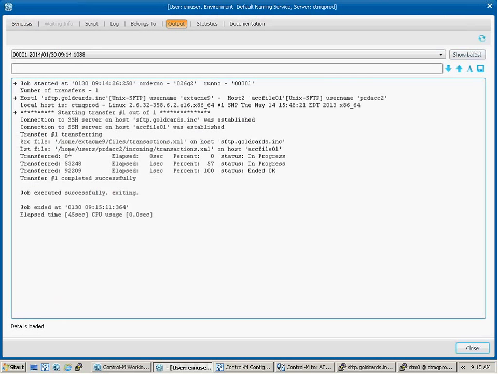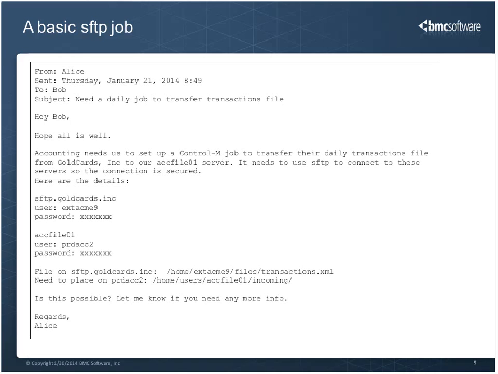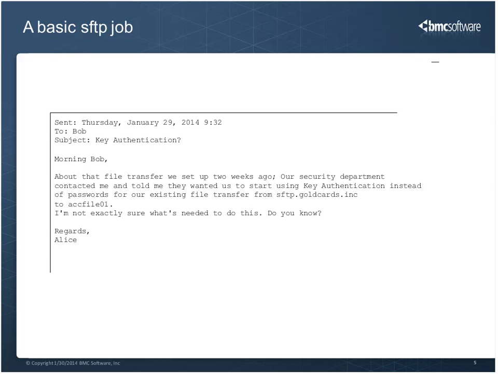So if you look at the job output, we can see the file transferred and completed successfully. So this file transfer will just keep running here for the next couple of months. And then we get another email from Alice